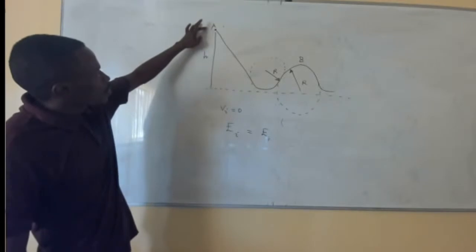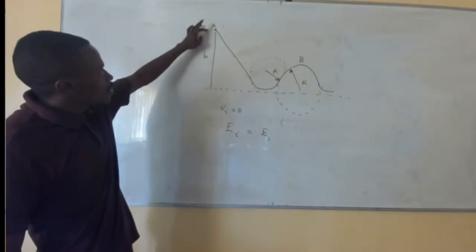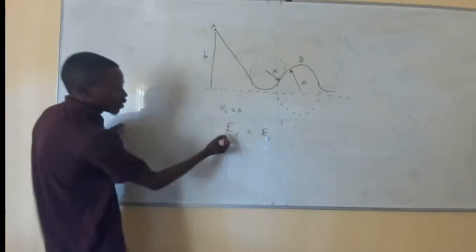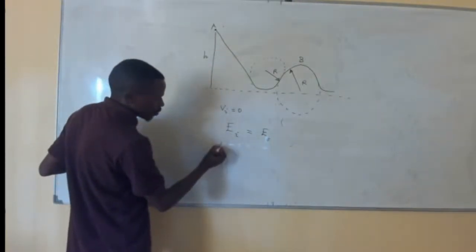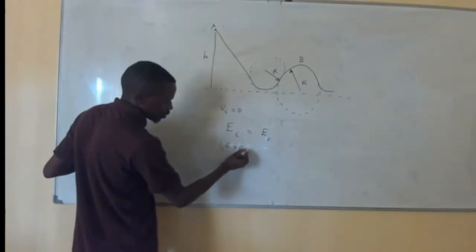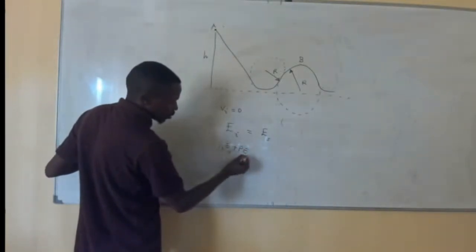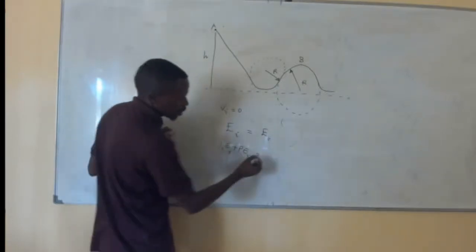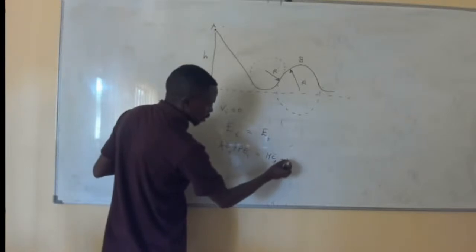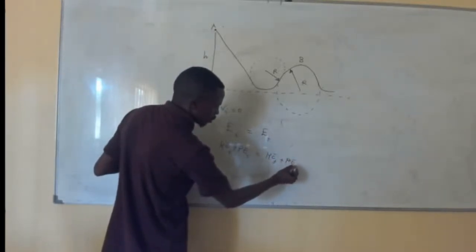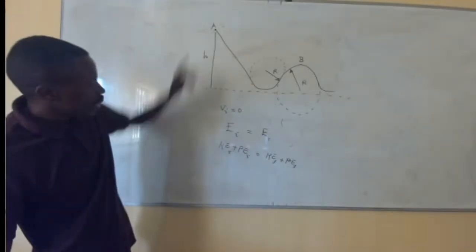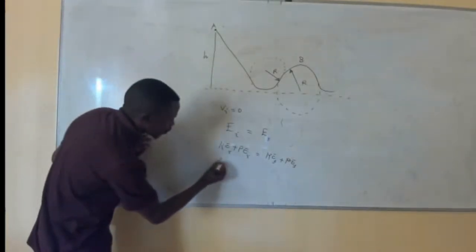So if this is the initial starting point, we know that the total initial energy is given by kinetic energy plus potential energy. So initial should give us the kinetic energy final plus the potential energy final. Okay, so starting from point A,